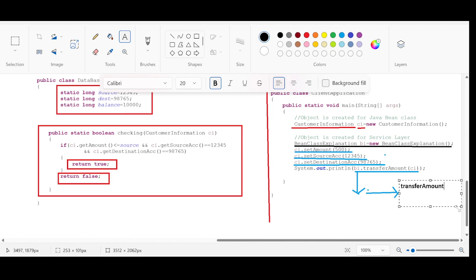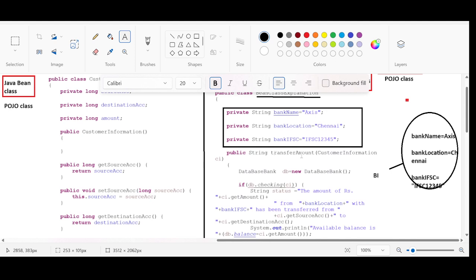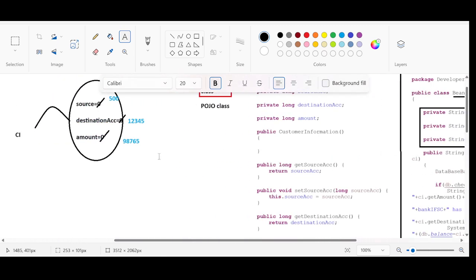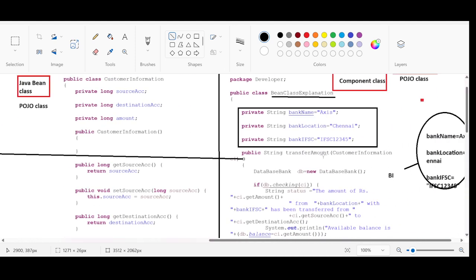Transfer amount. See, now we are passing ci. Ci is the object reference variable, right? Just now JVM will identify if the transfer amount method is available inside the bi object. See, there is a method by the name of transfer amount. This transfer amount is accepting what? Customer information object, which is directly accepting this object. All these values will be transferred to this transfer amount method,